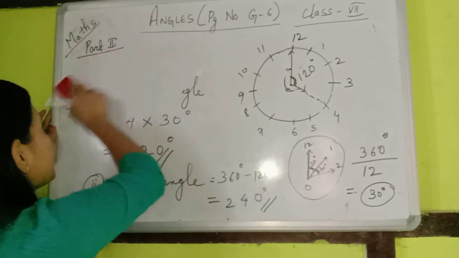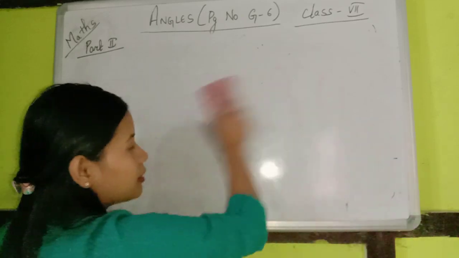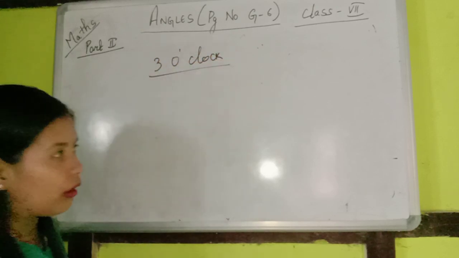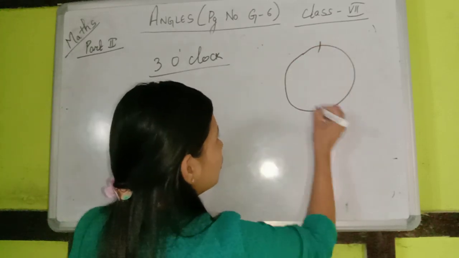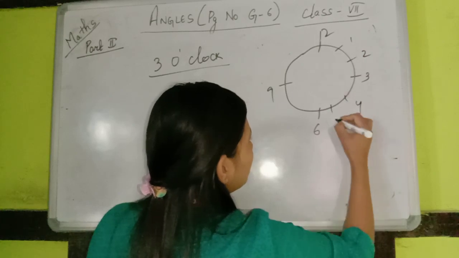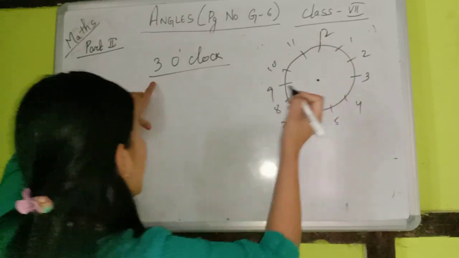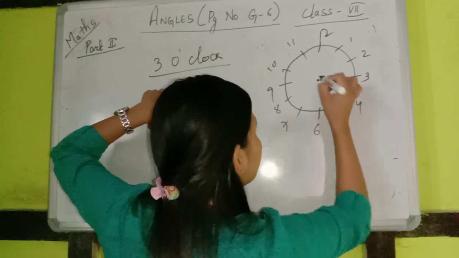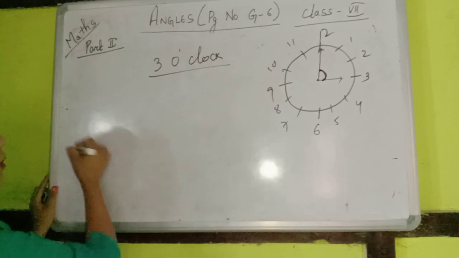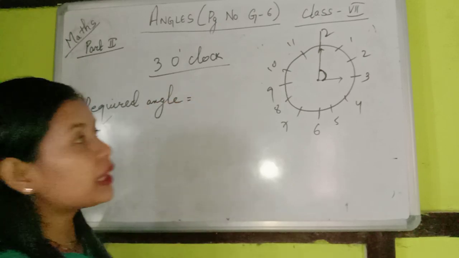Okay. So let me take one more example. I want to find out what is the angle between the hour and minute hand at 3 o'clock. So I'm talking about 3 o'clock. So this is the clock. 12, 6, 9, 3. Center. So we want to find the angle made at 3 o'clock between the hour and minute hand, right? So I want this angle. So the required angle equals,